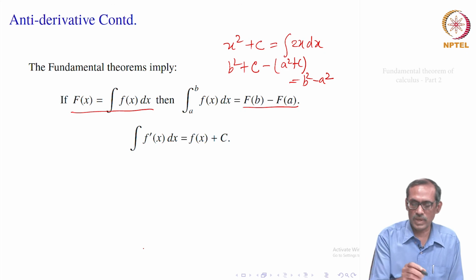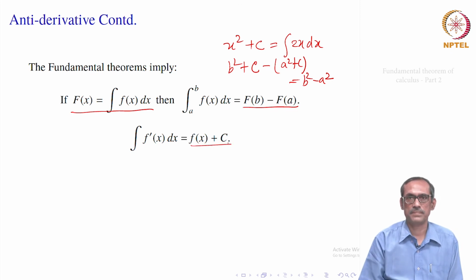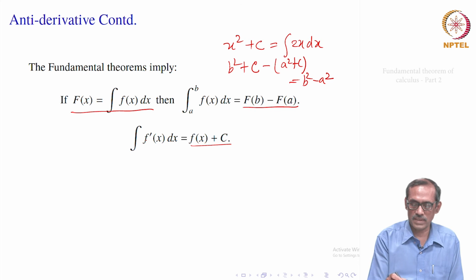And also we have seen the second fundamental theorem that says the indefinite integral of f prime equals f of x plus c, where small f and capital F prime are related this way. In fact, we have done it for the definite integral from a to x, equal to f of x minus f of a, and the c accommodates that f of a. It can be any arbitrary constant. So, these are mainly the two results which the fundamental theorems tell us.